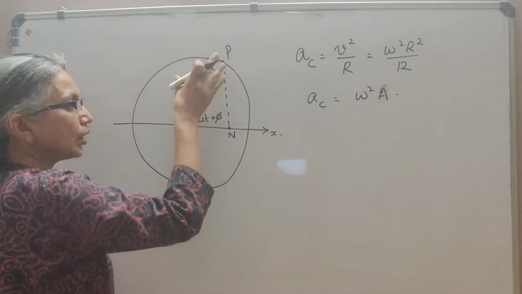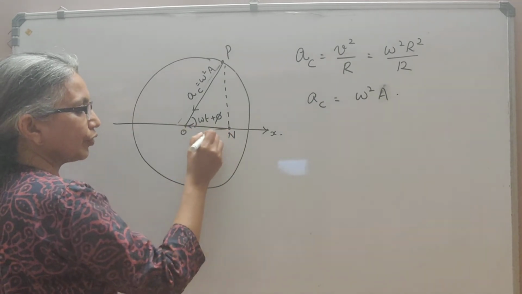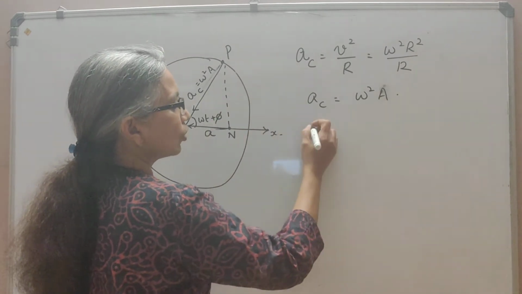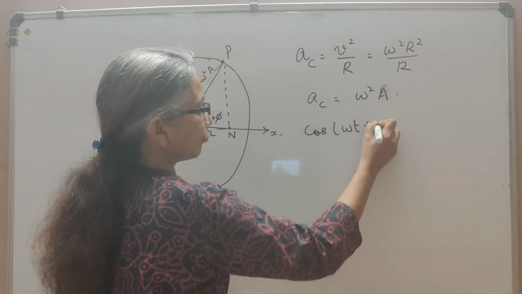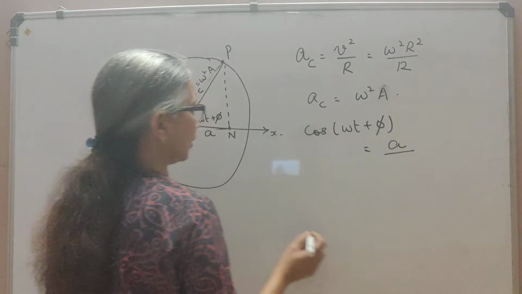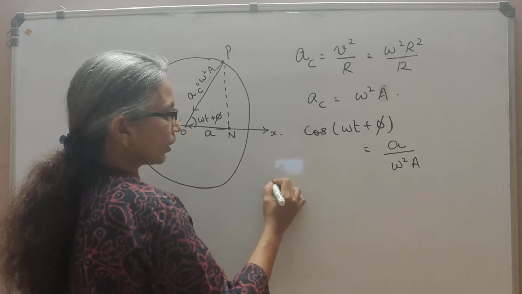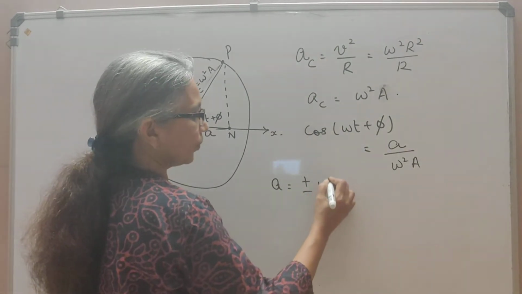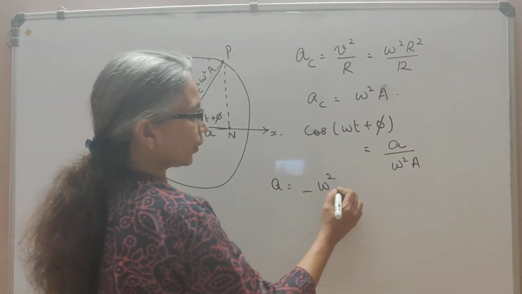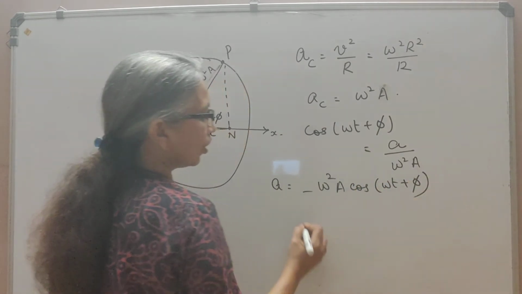So this is a centripetal force. If you project it onto this diameter, this will represent the acceleration of the particle. So from this triangle here, cos(ωt + φ) is equal to the adjacent side, which is the acceleration of the oscillator, divided by the hypotenuse, which is ω²A. Or you may write the acceleration as plus or minus ω². In this case, it is towards the left, so ω²A cos(ωt + φ),